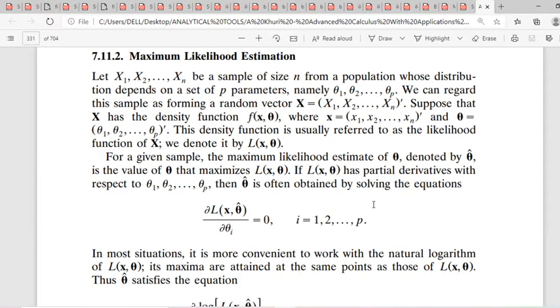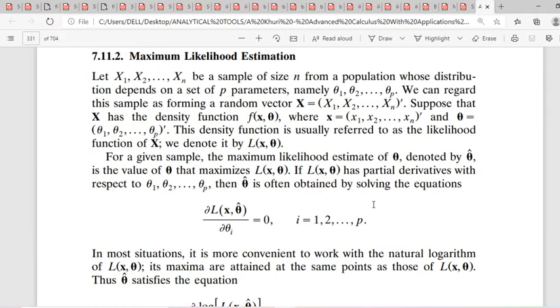In the case of normal N(mu, sigma squared), the parameters are mu and sigma squared. That means theta 1 is mu and theta 2 is sigma squared. So in general we can consider there are p number of parameters associated with the distribution of the random sample. So here we consider the random vector (X1, X2, ..., Xn)' and suppose it has